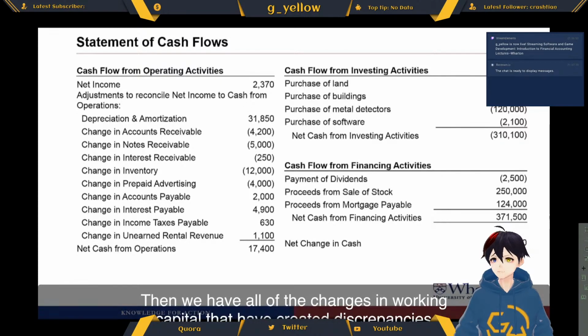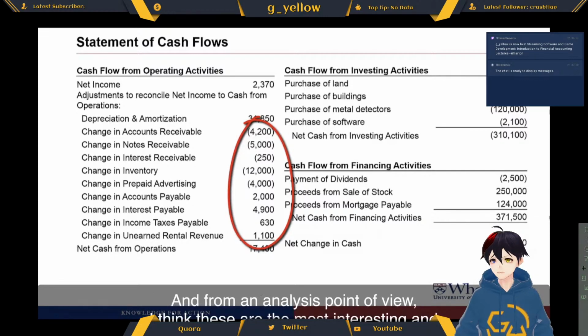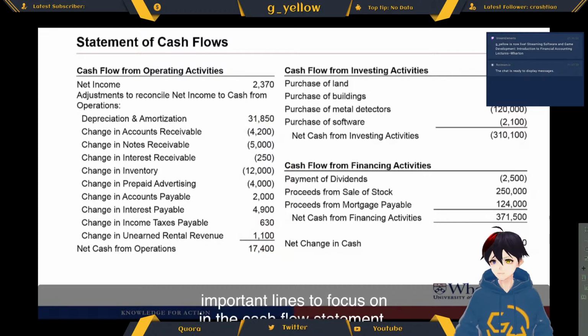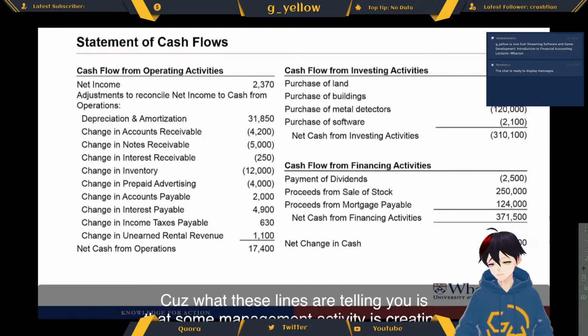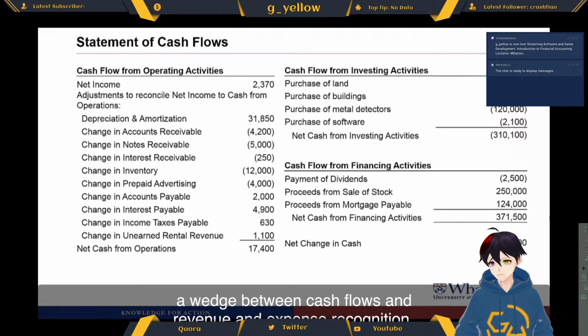Then we have all of the changes in working capital that have created discrepancies between net income and cash flow. And from an analysis point of view, I think these are the most interesting and important lines to focus on in the cash flow statement. Because what these lines are telling you is that some management activity is creating a wedge between cash flows and revenue and expense recognition. So what you want to do is focus on the really big numbers and try to